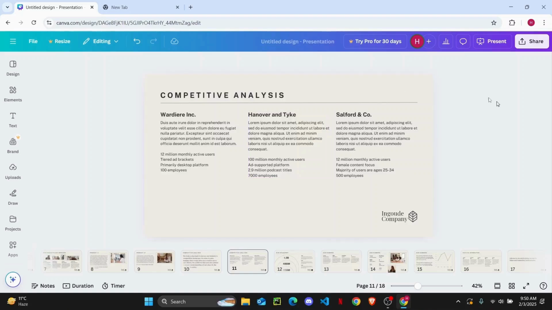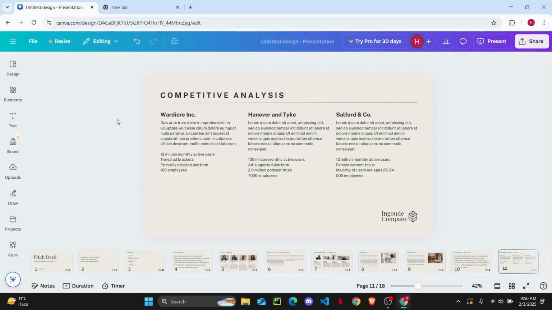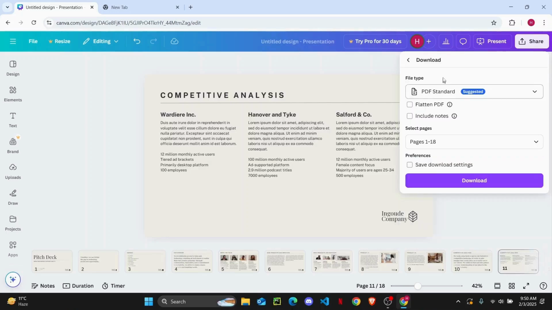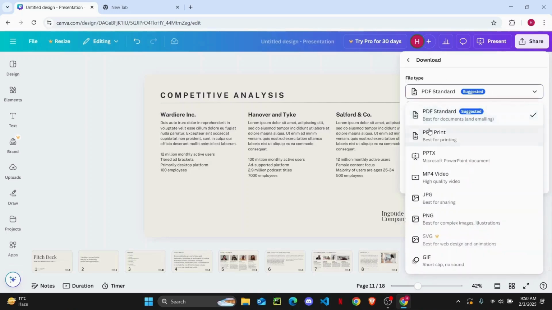So if you want to download this directly as a PDF from Canva, then the first thing you need to do is find the share button at the top right corner. Just tap on it. And once you tap on share, you have an option to download, the little down arrow. So click on it. And here on the file type, as you can see, Canva itself suggests PDF as your